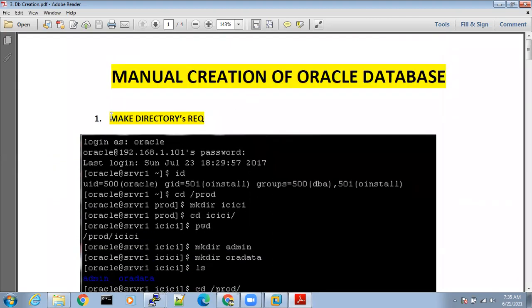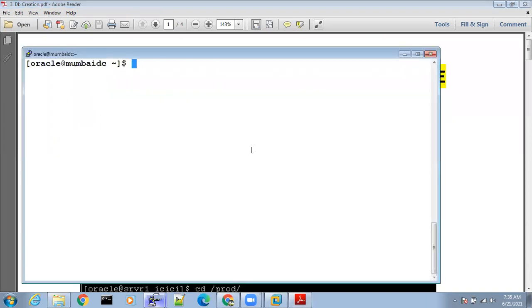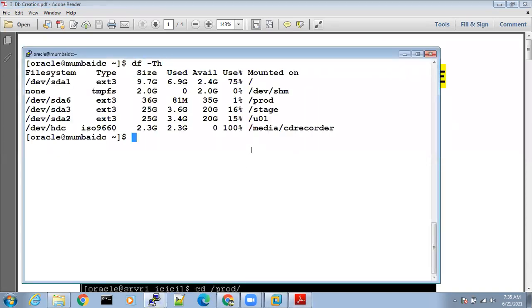So what is the first step of database creation? Making directories. And I told you df -h. I told you how many mount points there are for us: /stage for storing the software, /u01 for installing the Oracle home, and what is the remaining mount point? /prod.